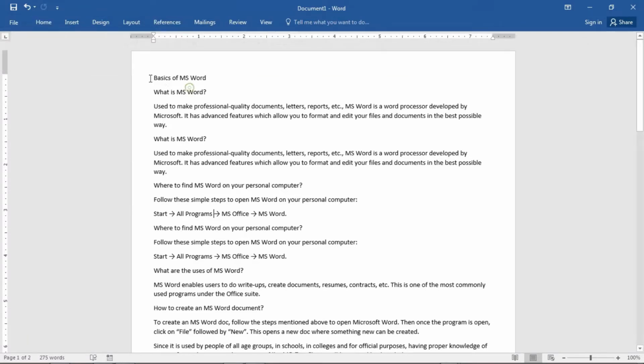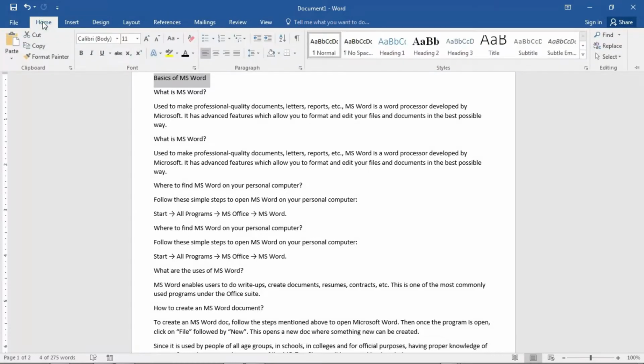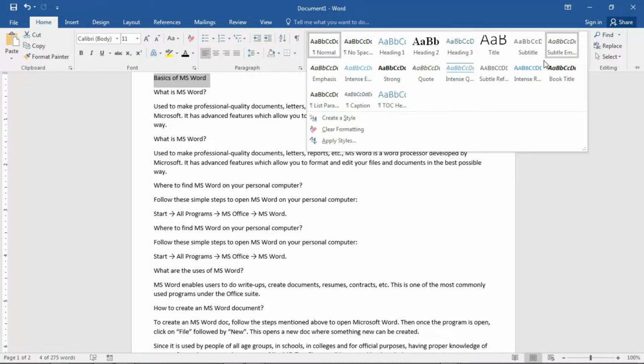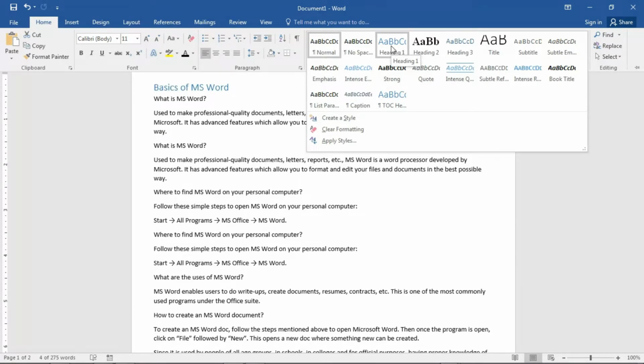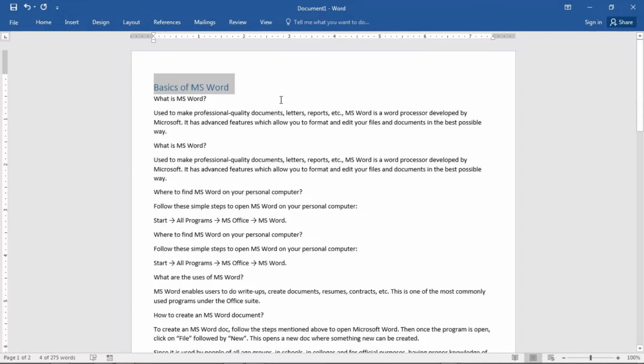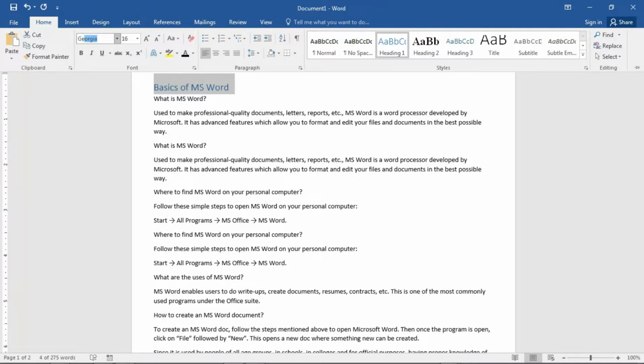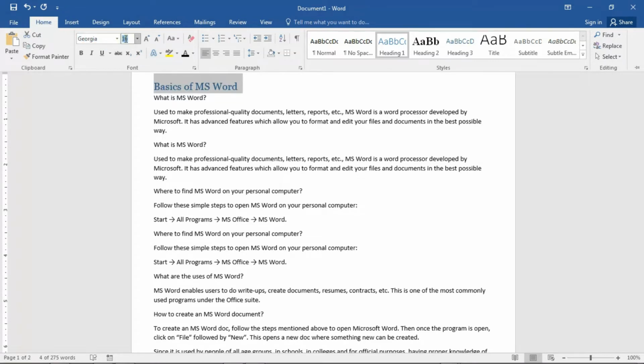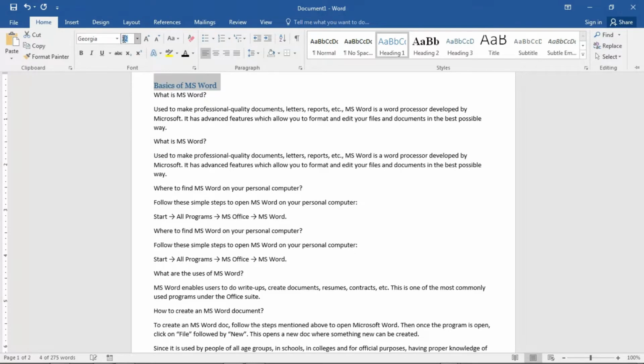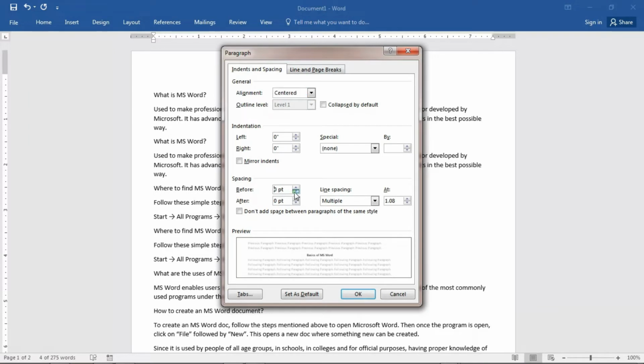First of all, we'll select this one. This is our heading, and here in the Home section we need to go to Styles, and here you can select Heading 1. So this will be our Heading 1. Just click it. Now the format has changed, so we can customize this format as per the requirement. I am changing it to Georgia, font size 12, black, and centered. I can also change the paragraph spacing: I want 1.5 line spacing, and before and after should be 0.